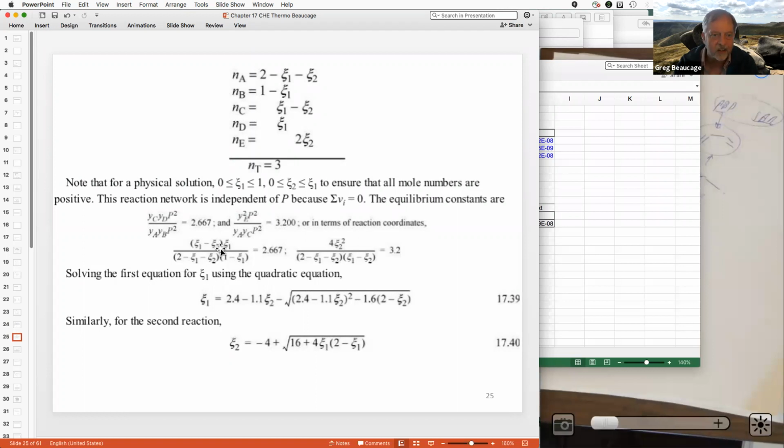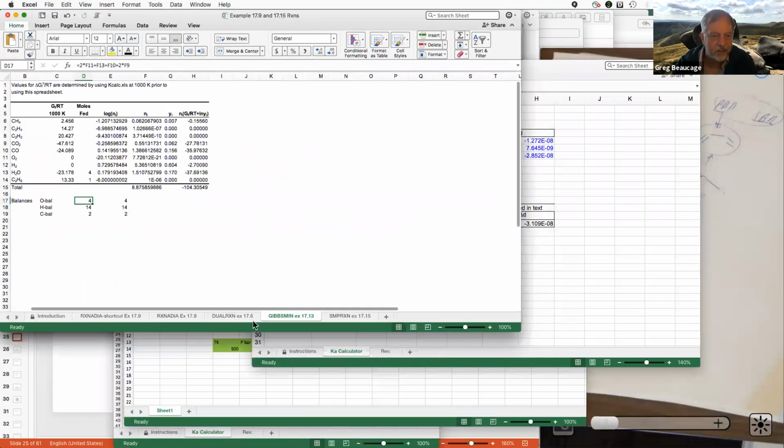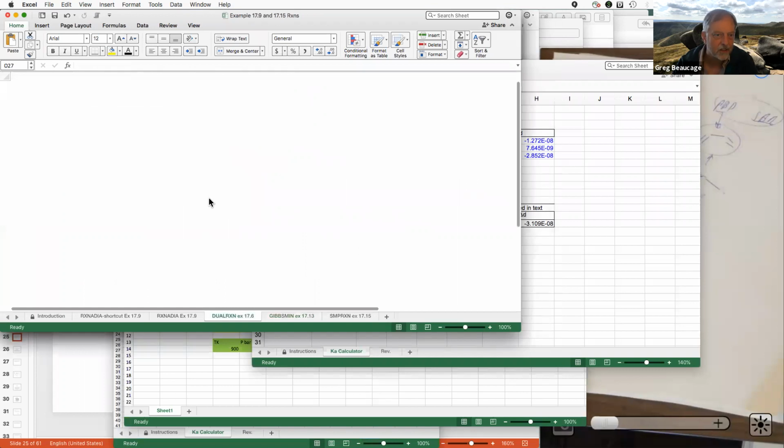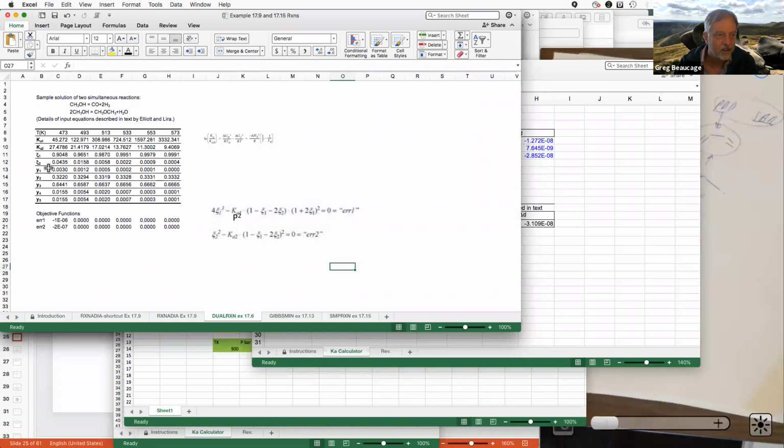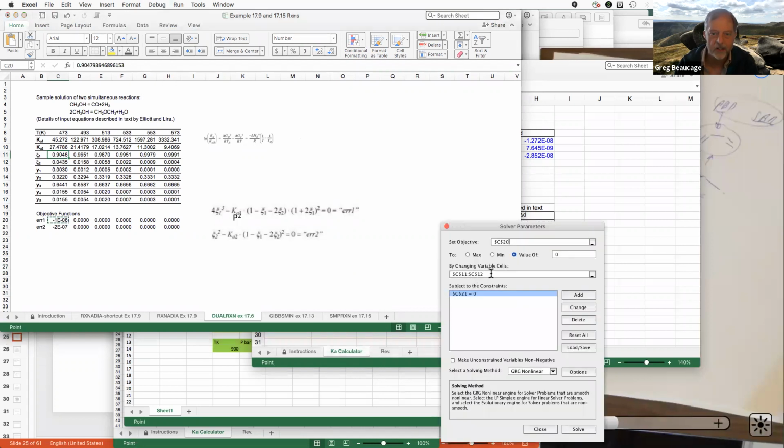You can do that in Excel. This is 7.6, dual reaction. You just set up the equations and just say solve it. So this is at different temperatures, and then the reaction coordinates are going to be the things that the solver is changing. So you have two things changing, 11 and 12. Then you set up one equation, C20 for the,